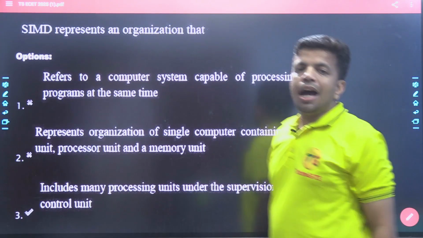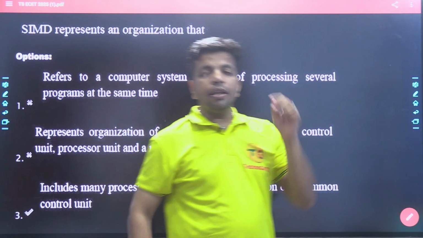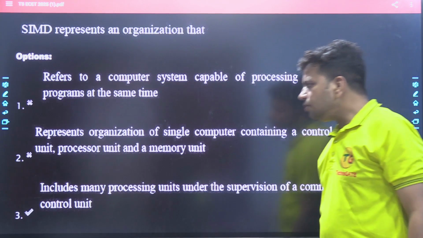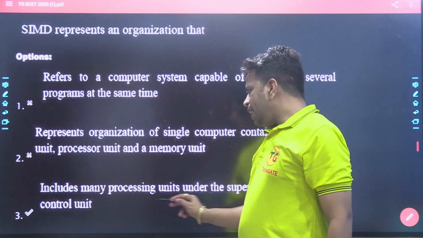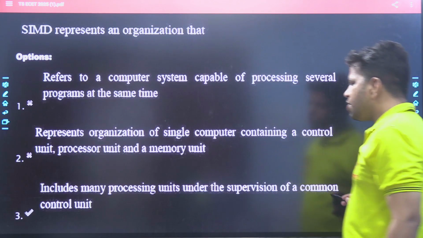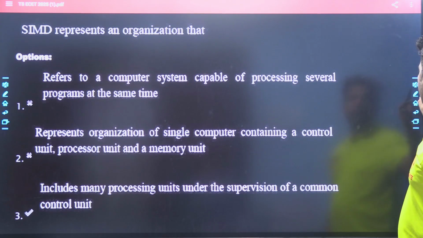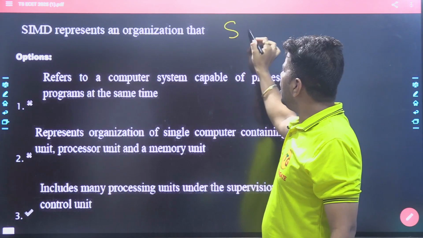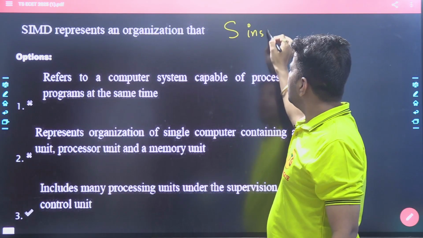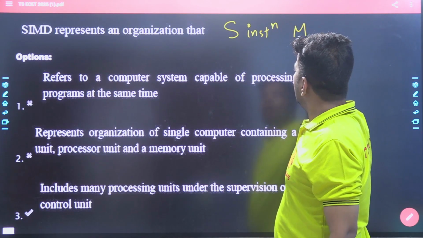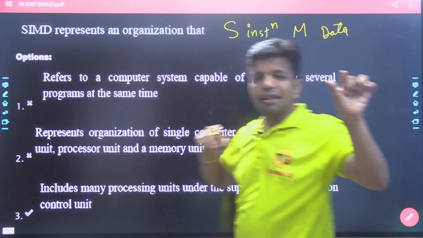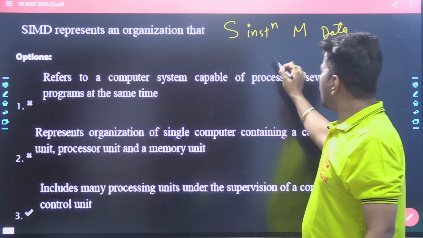Okay, so now see here, SIMD represents an organization that includes many processing units under the supervision of a common control unit. Okay, see, what is the full form of SIMD? Single instruction, multiple data. Means we are having a single instruction, like suppose you are having an instruction C equals